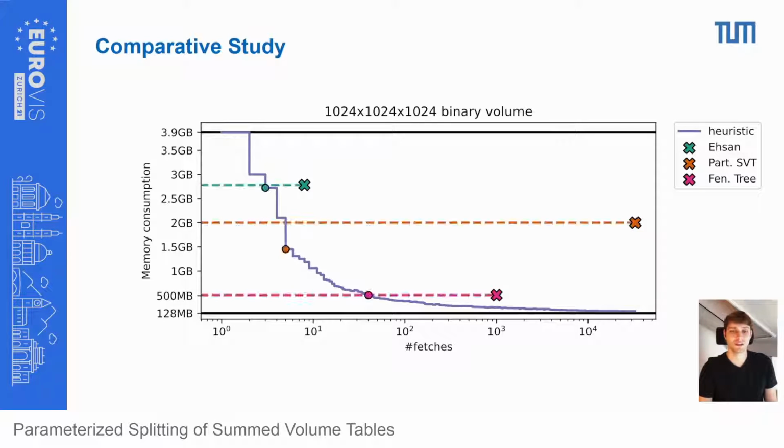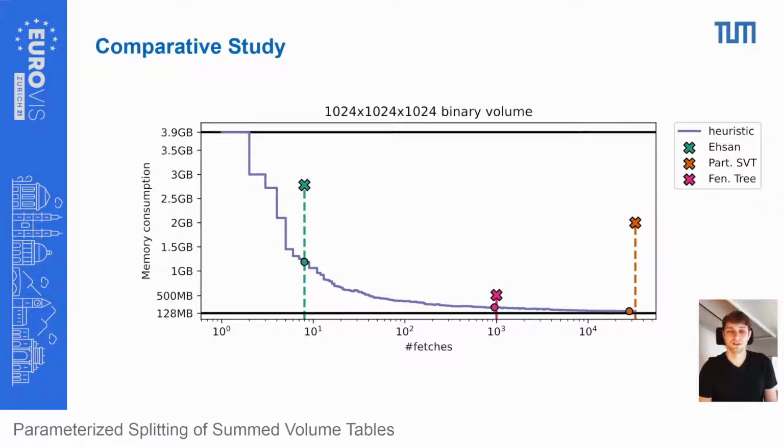When targeting similar memory consumption as the reference methods, our approach yields the results indicated by colored dots. We are able to reduce the fetch count by a large magnitude. For instance, we require at most 40 fetches instead of 952 fetches by 3D Fenwick trees, which is a decrease of over 95%. Equally, when targeting similar fetch count as in the reference methods, we are able to reduce memory